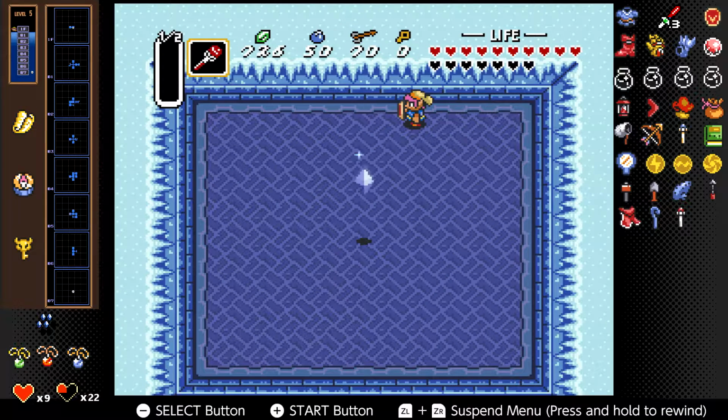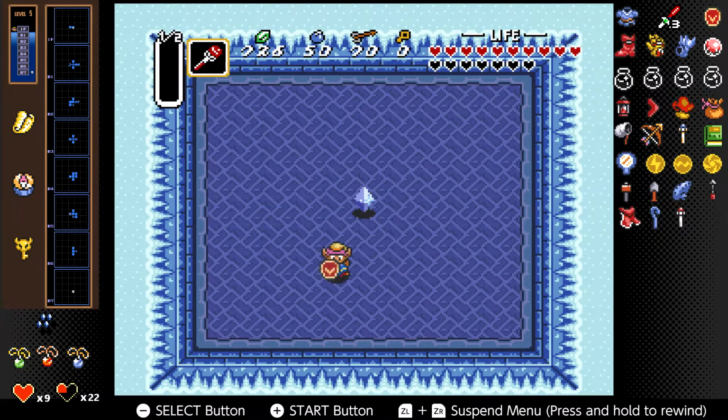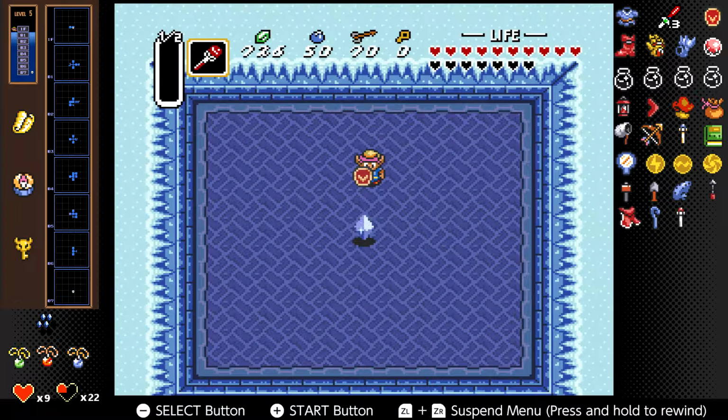But we get our next heart piece, and we are about to rescue the maiden trapped in the Ice Palace. I'm pretty sure it's called the Ice Palace. Well, it'll be the title of the episode, so...